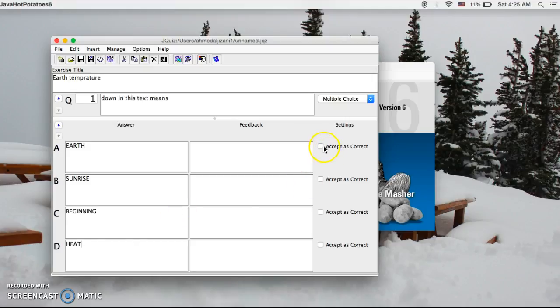For me, the correct answer is beginning, and I have to click here to accept it as the correct answer. Now we finished the first question, and to move to the next question, you have to click here and write